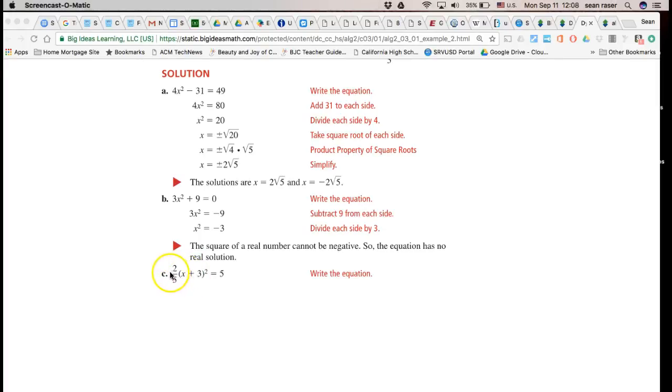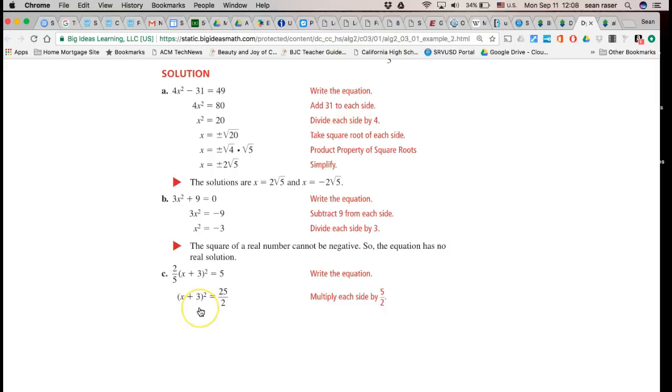So before we can do that, let's get rid of this 2/5. So we want to multiply both sides by 5/2. So we're going to get x plus 3 squared equals 25/2. Again, we're just multiplying by 5/2 on both sides. Now,